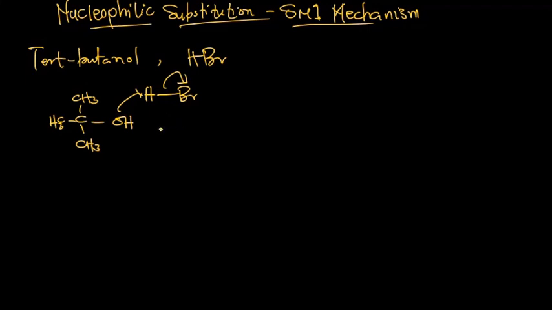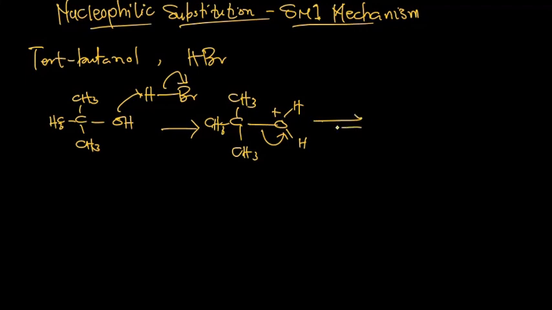So we are going to have CH3, and then we have O with two hydrogens, which is making it have a positive charge. Now H2O is a good leaving group compared to OH. So what is going to happen is the C-O bond is going to break, and we are going to have our reaction intermediate, which is a carbocation. So this is the rate determining step, and so it is very slow,